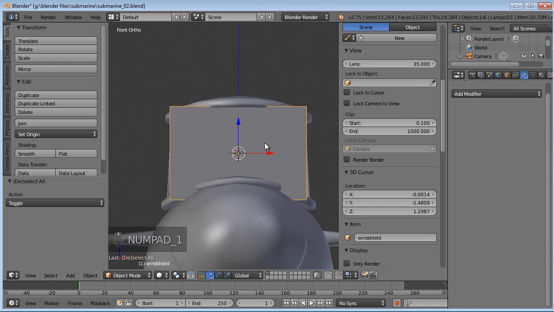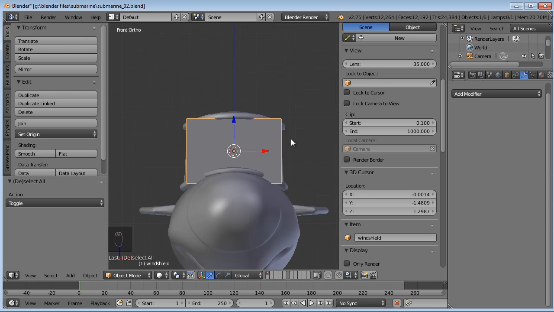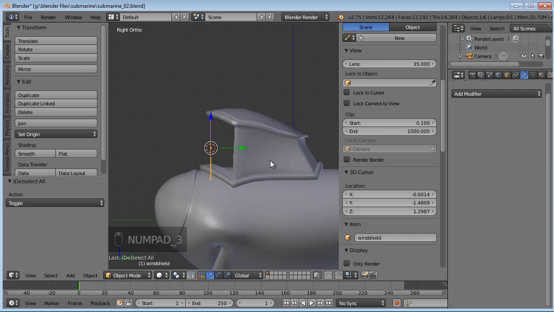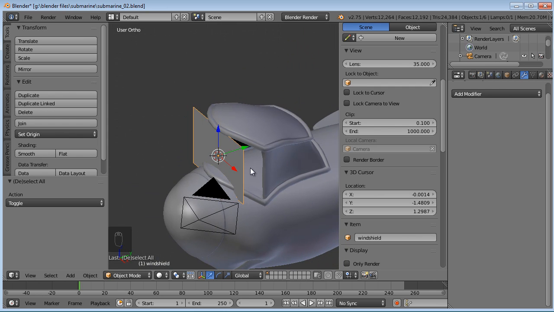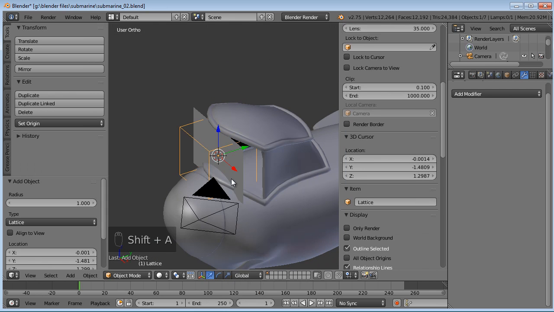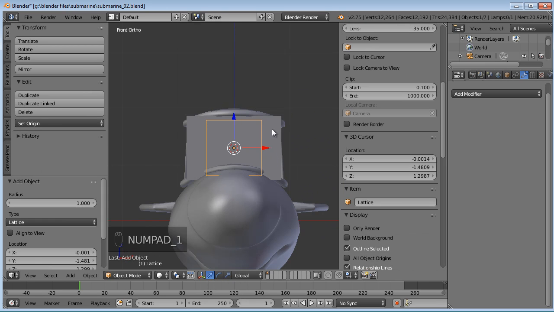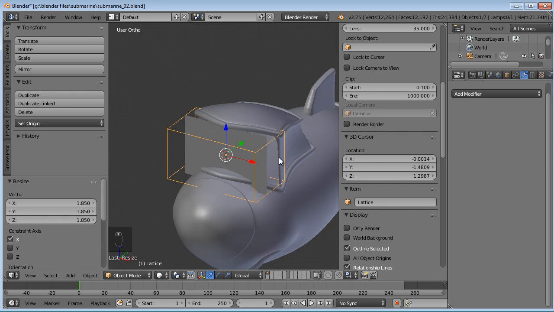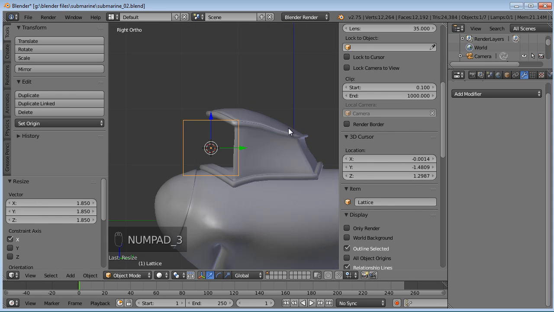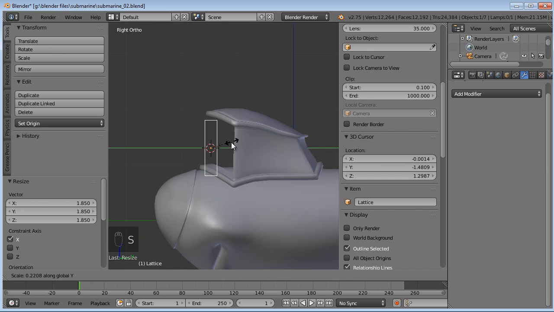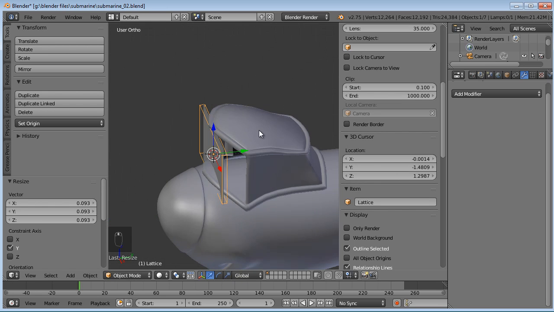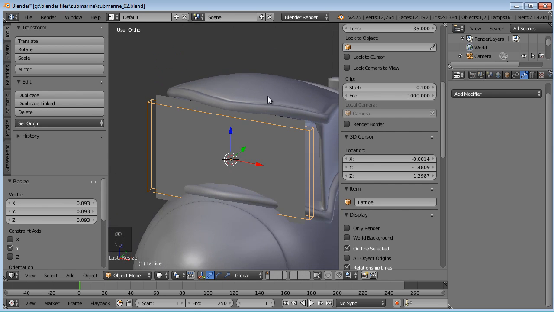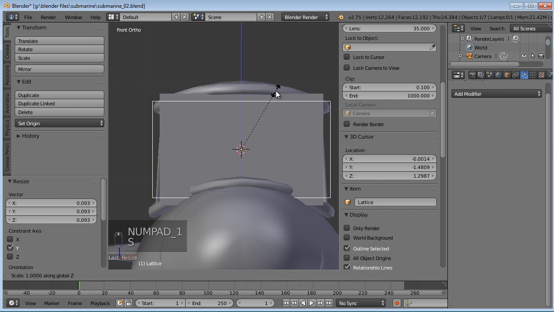So before I add in, actually, let's go ahead and do that. I was going to do the eyelids and things as well, but we'll add in the lattice now. I have my 3D cursor right there on the eyes where they need to go. Shift A, and I'm going to add in a lattice. Now we'll go to our front view. Let's scale that on the x-axis until it's just slightly wider than our windshield, and maybe go to our side view, scale that on the z-axis, I guess that's the y-axis here, so it's slightly bigger there, like that.